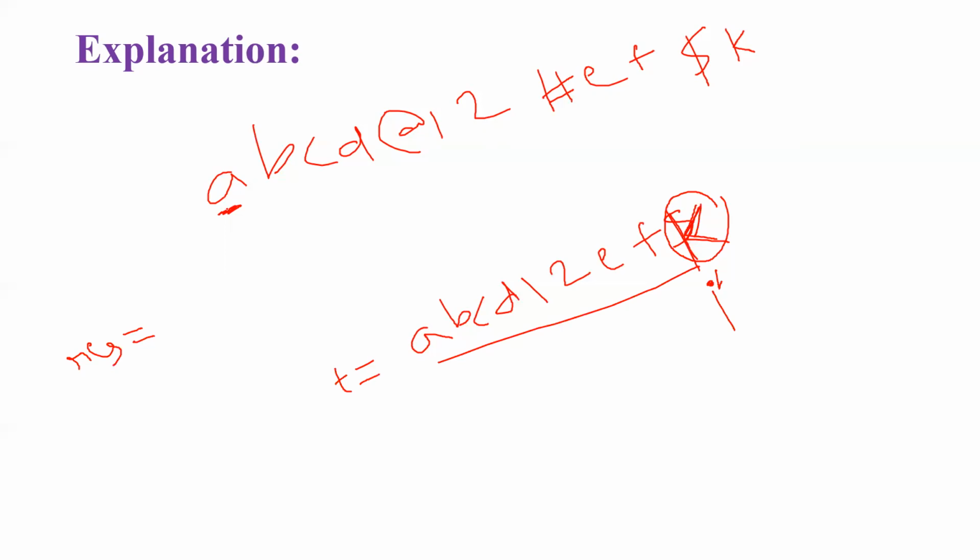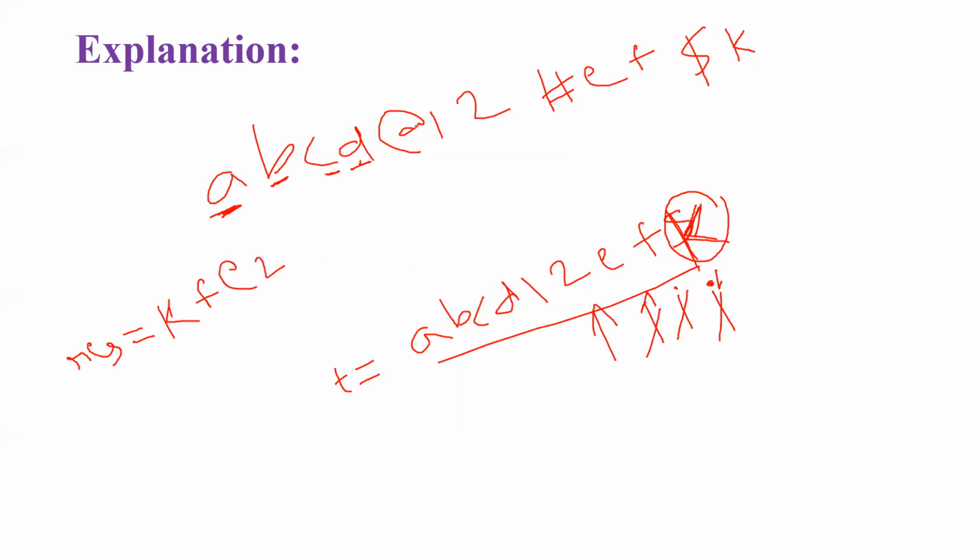Now observe, A is an alphabet, right? In that case I will replace it with temp of I, which is K, and I need to do I minus minus. Now I will be pointing here. Now observe, B is an alphabet. In that case I will replace it with temp of I, and I minus minus. Now I will be pointing here. Now observe, C is alphabet, right? In that case I need to replace it with temp of I. I will get E here. D is also an alphabet. Now I will get 2 in place of D.